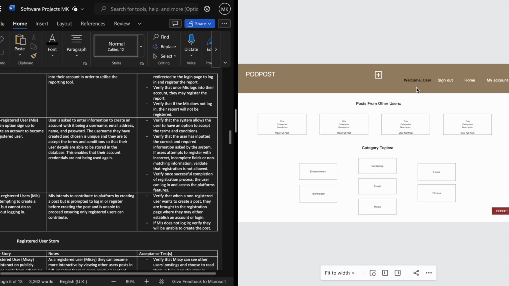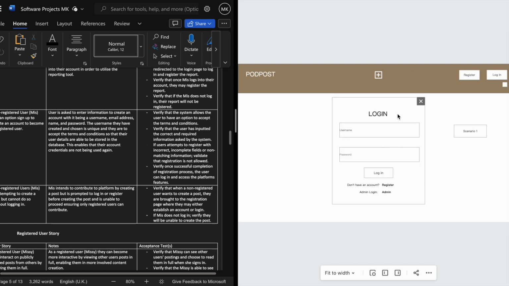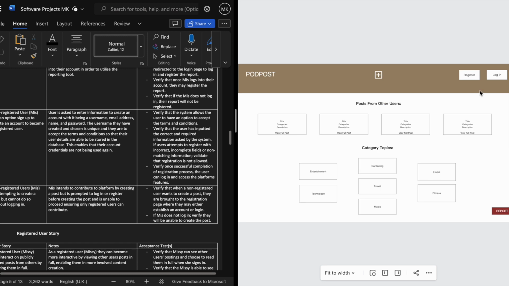And then when they're logged in, they're able to see a welcome user. So it wouldn't be "user", it'll be the username of the user who's logged in with their account. So the user bit would change to the user's account username. Yeah, so if we go back to signing out and try to go back to the home page, and let's